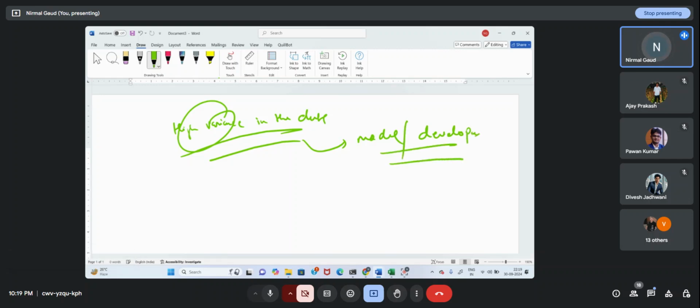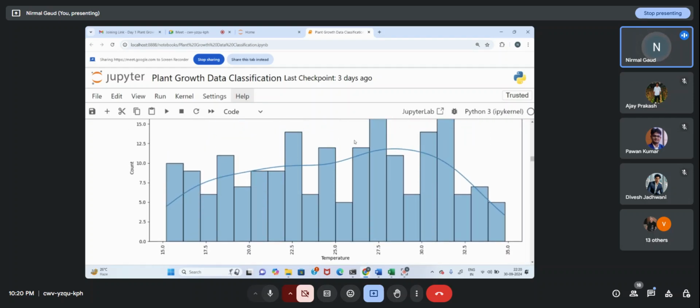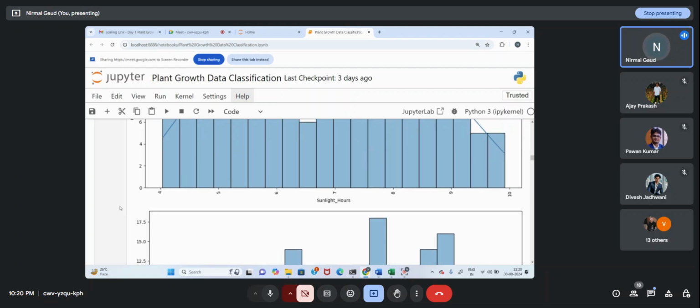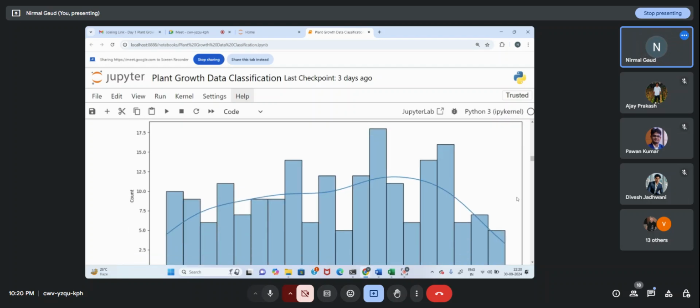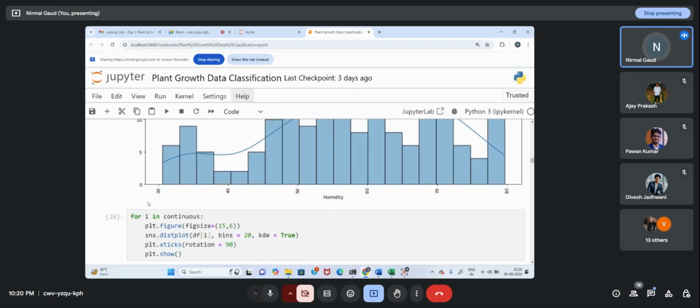If you see your data here, the distribution of sunlight is from 4 to 10. For your temperature it is 15 to 35. For your humidity it is 30 to 80. This is the distribution you can see in your data, not so much high,